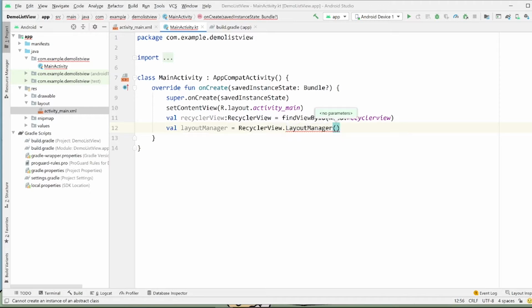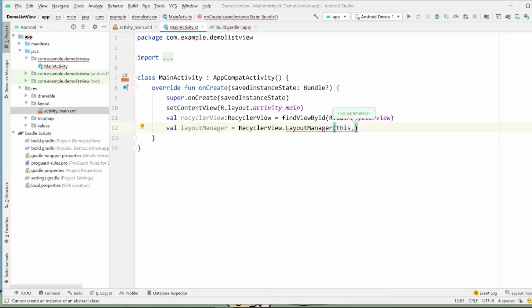The layout manager can take up to three parameters, or you can leave it blank and set up each parameter for the layout manager later. The first one is this, which means the context of the RecyclerView. So this means the context of the main activity.